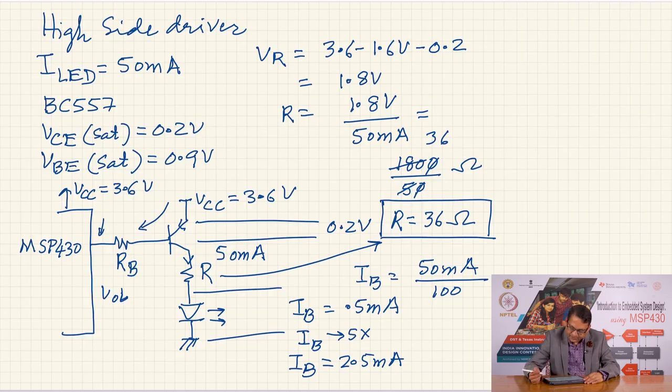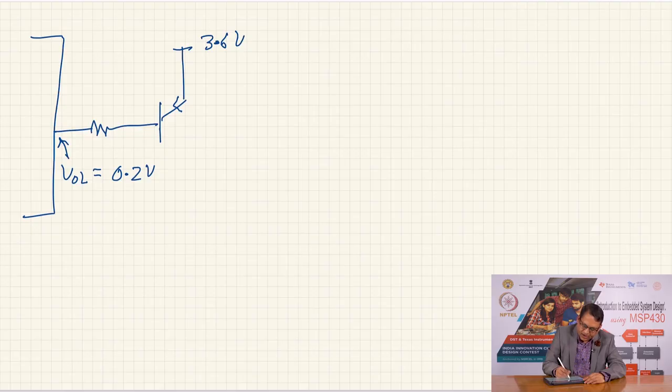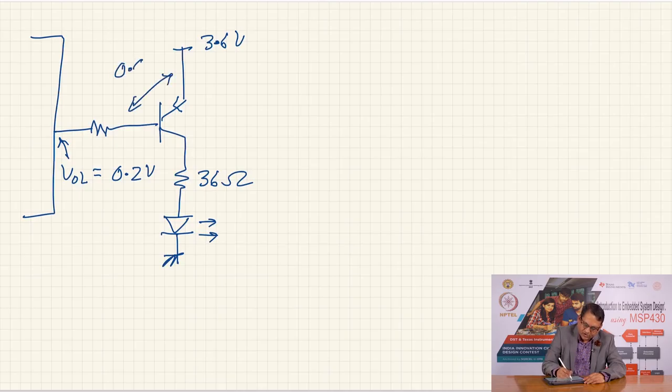Now, let us take a new page. Here the voltage is VOL, and so I am going to assume a VOL of 0.2 volts. Here is my resistor. The transistor here, this supply voltage is 3.6 volts, and on the load I have this resistor which we already calculated, and the LED. This was 36 ohms, this is a red LED, and this voltage will be 0.9 volts for VBE sat,